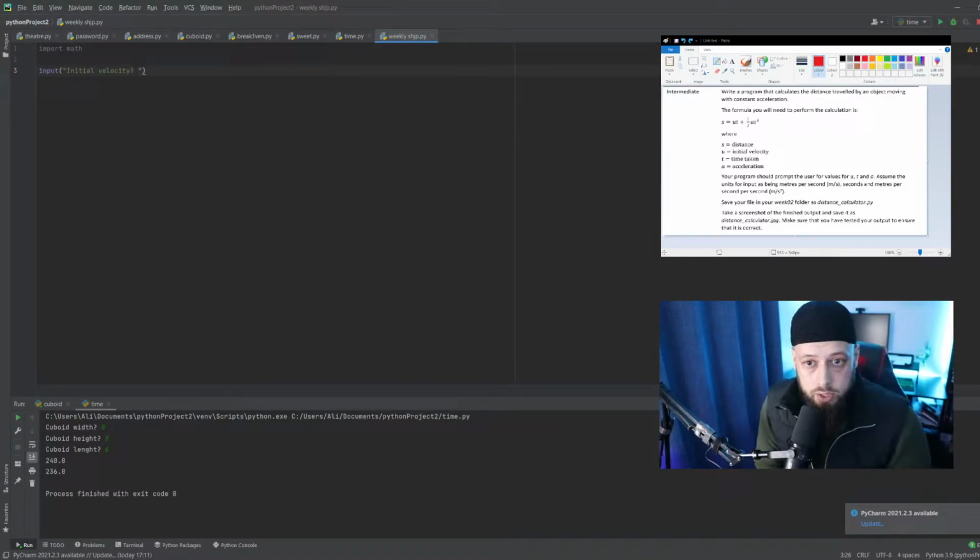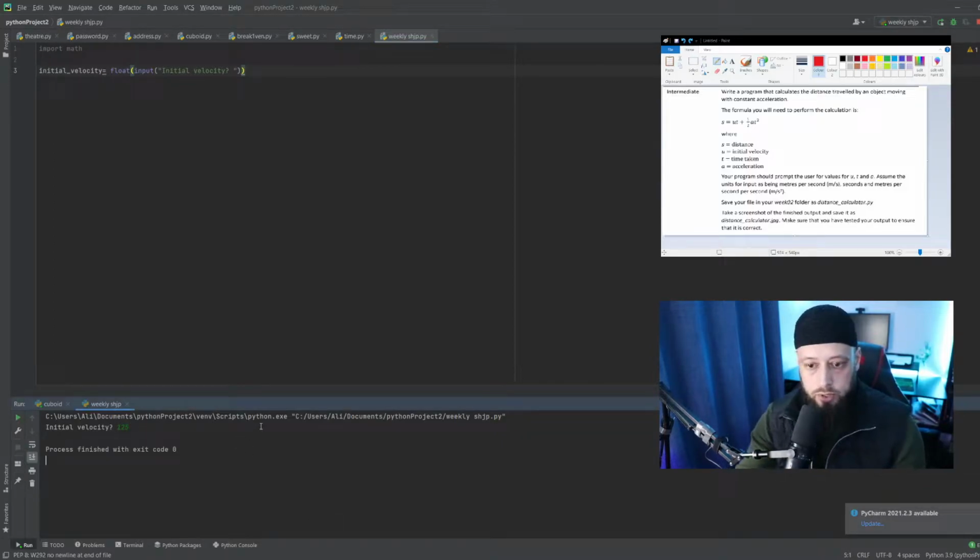Now I ask you, what is the best way to keep this stored in Python once the user actually gives us the answer? Well, very simple. We will store this in a variable. I will call it initial velocity. And to make our life easier, we'll convert it into a float simply by writing float and then putting everything in parentheses after that. So now this should ask the user for initial velocity, which can be anything,